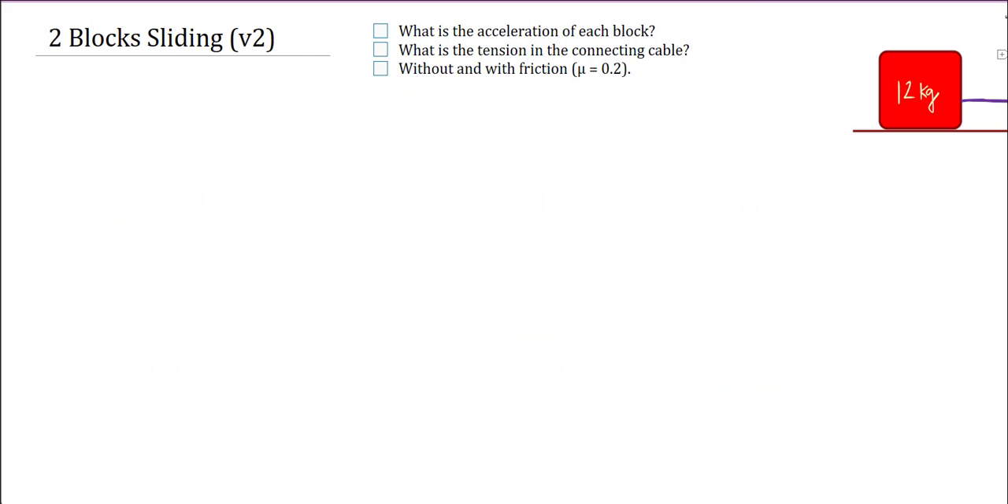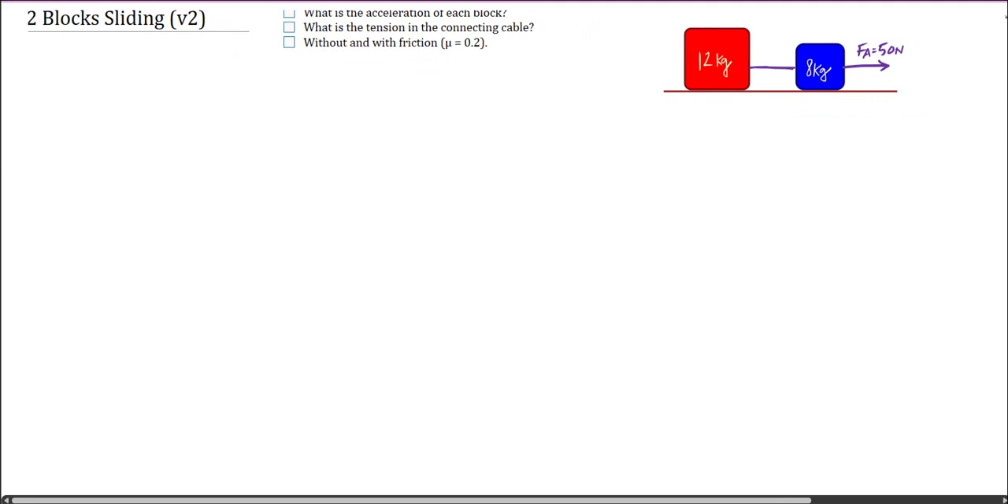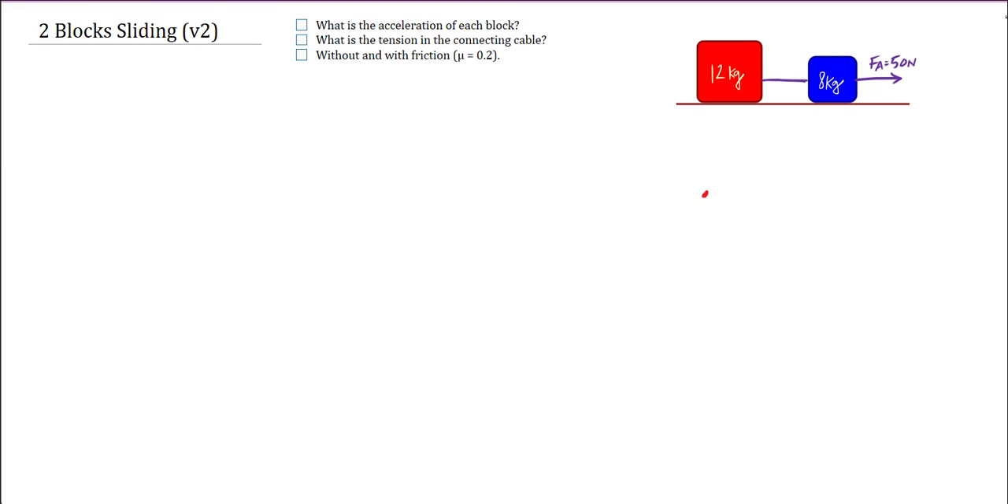So let's clear this. This time I'm going to draw just two free body diagrams, one for the red object, one for the blue object. So we have a normal force on the red, a gravity force on the red, and we have the tension again to the right. On the blue object, which we haven't drawn yet, we have a normal force, a gravity force, and our applied force